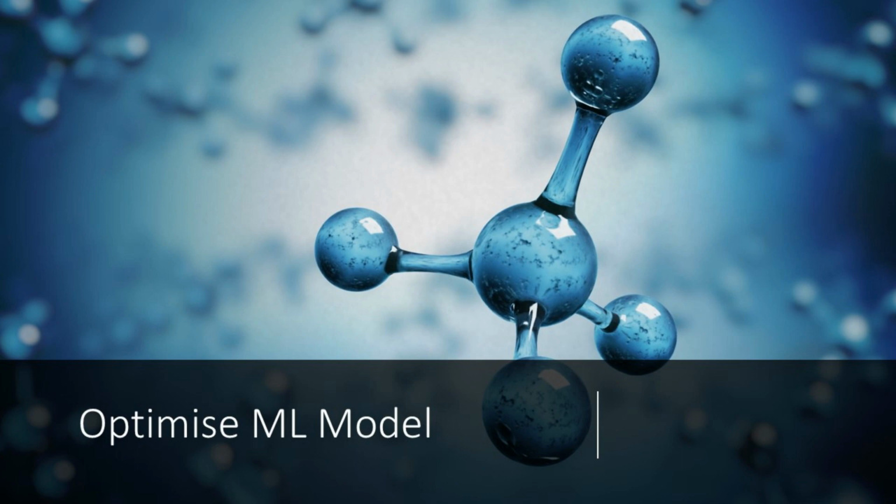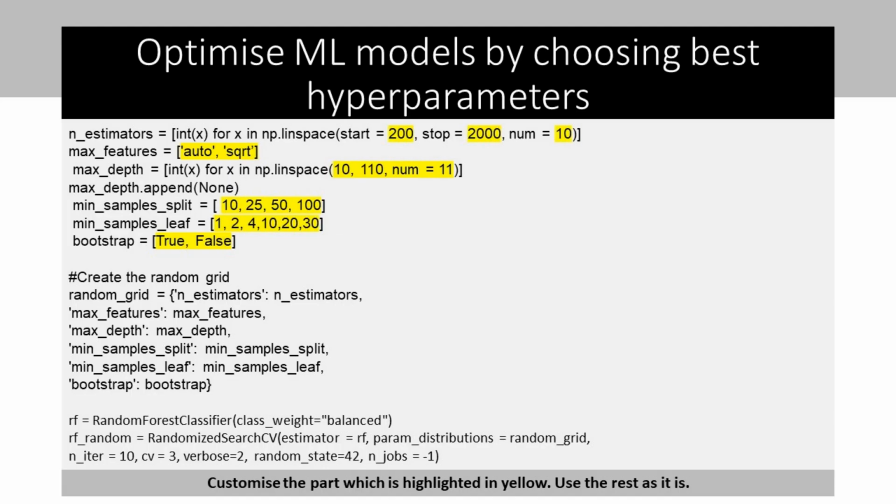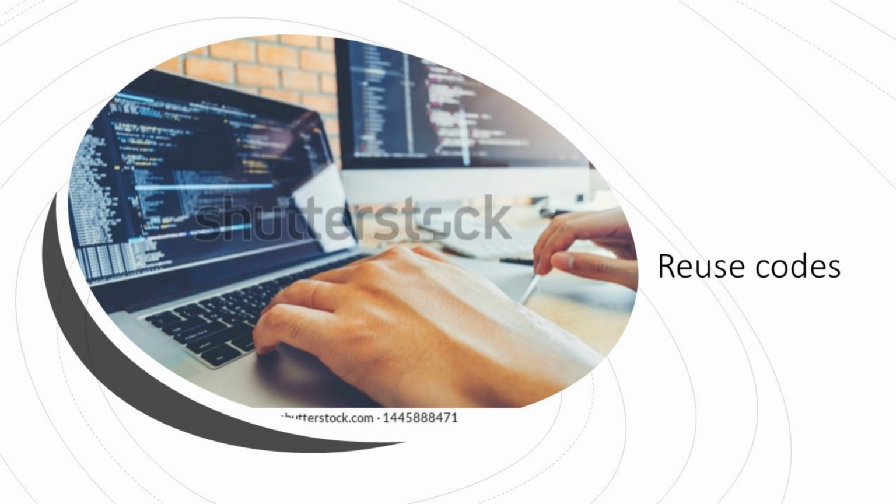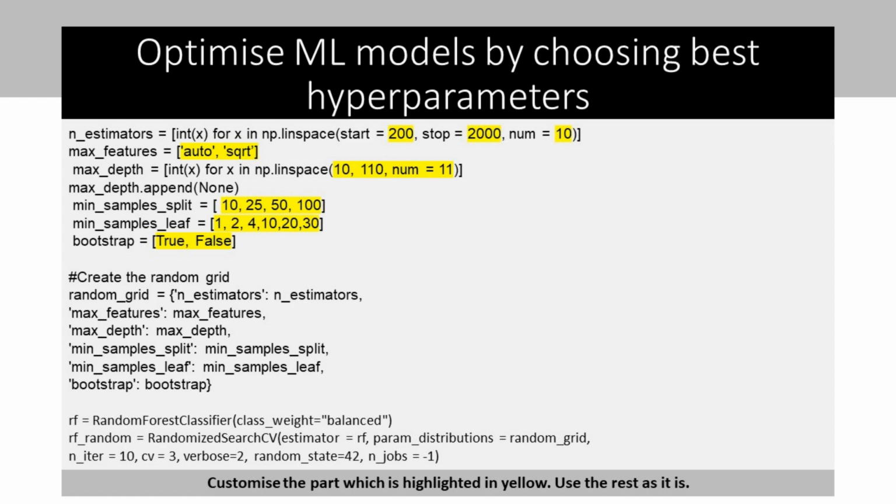Now what you can do is, this is for random forest. Okay, similarly you will get codes for random search from Google for every single model. Okay, just copy paste, that's it. So here you can copy paste the entire code that I have written here as it is. Okay, you just have to do one thing. Wherever it is yellow, right, that part you can change.